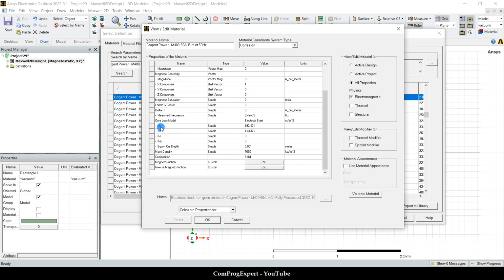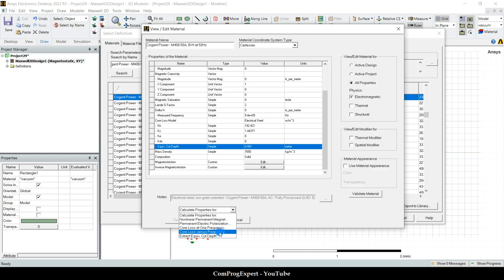Electric steel, you can see the hysteresis loss coefficient, eddy current loss coefficient, and other terms, right? Advanced methods for calculation of iron losses. You can read more about these terms later, in a master's or a PhD. So here,